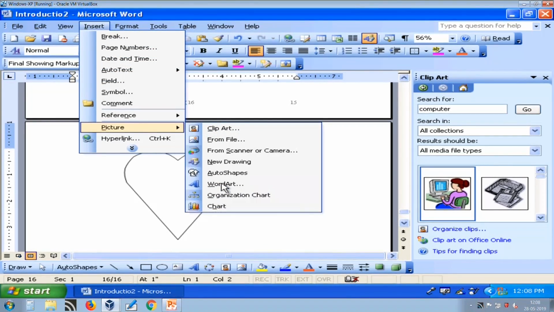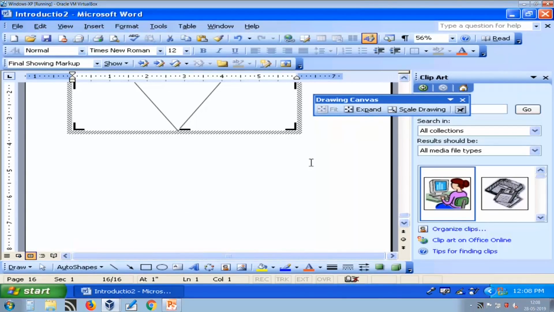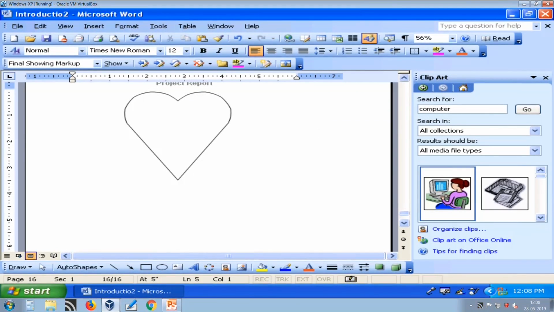Then we have word art. Word art is also available in drawing toolbar. Suppose I want to display fancy text. For example, here I am writing, this is example of word art. This is plain text. Now I want to insert word art.